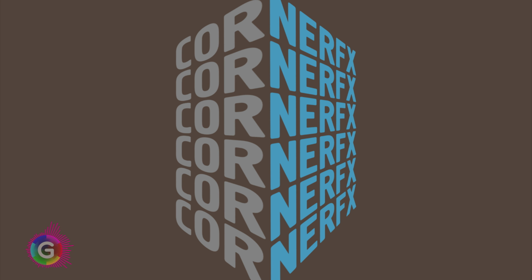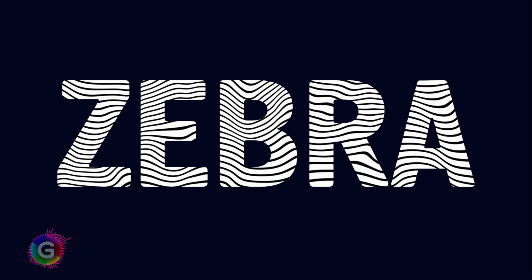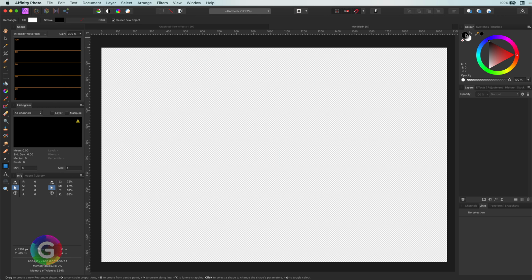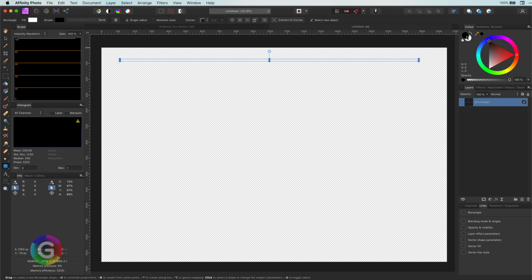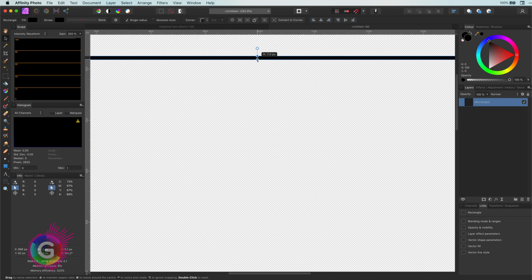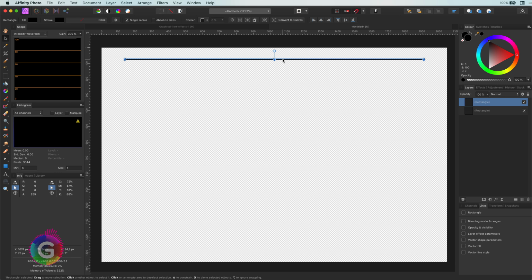Let us not waste time and kick off with the first effect, the zebra text. First, we need to create a line pattern. There are many ways of doing this. For this example, let me keep it simple and just use a black rectangle and duplicate it until the line